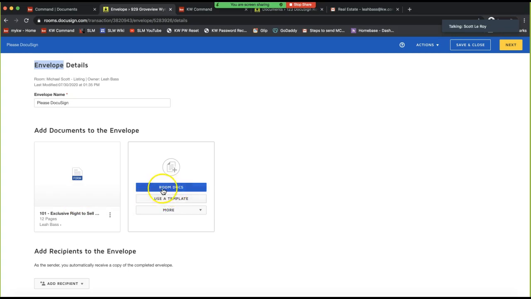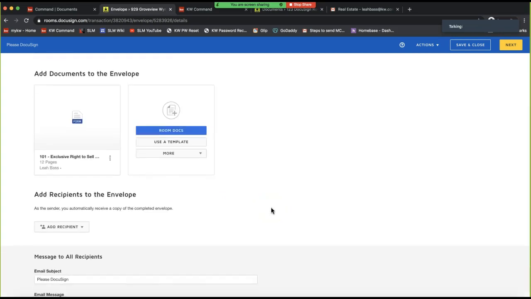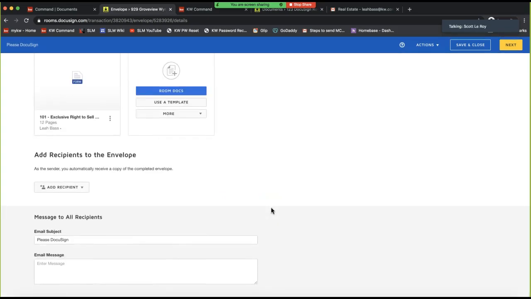If you'd like, you can add other forms from the room that we're in, or you can even add templates, and we'll go over templates, don't you worry. And then all we have to do once we put the form in the envelope is add recipients, right? Pretty typical to snail mail. In the add recipients section, if you could scroll down under add recipient,